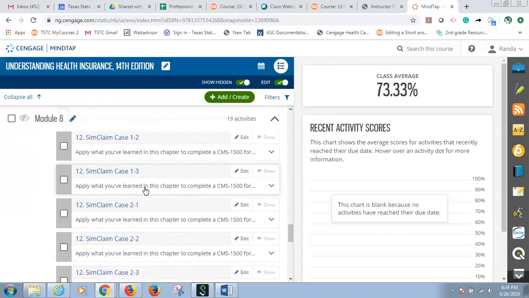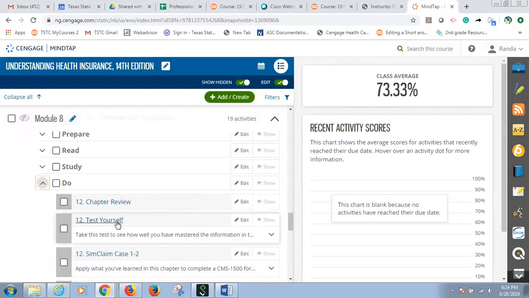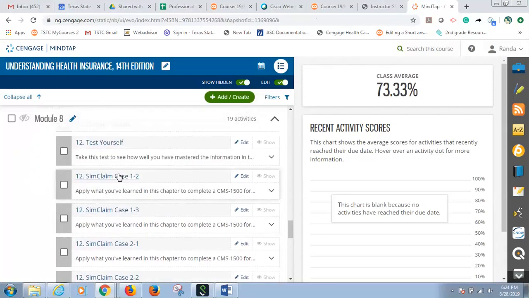Anytime you get it wrong on the first attempt, the information's straight out of the text. Even some of the scenarios are cross-mapped, and some of them, like the 1.2, might be different than what the case is in the book, but it's the exact same scenario and patient. It tells you what you got wrong so that you can learn from it. These are easy peasy. If y'all don't make 100 on these, that's when I think they just want to get through it. It gives you the answer once you attempt it, and then you can go back and attempt it again so that you're learning to do it right.